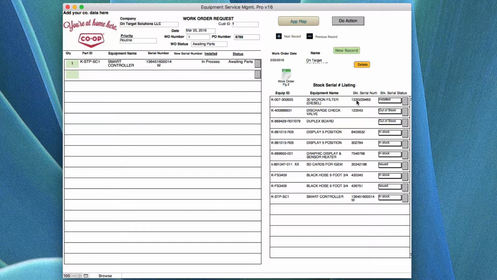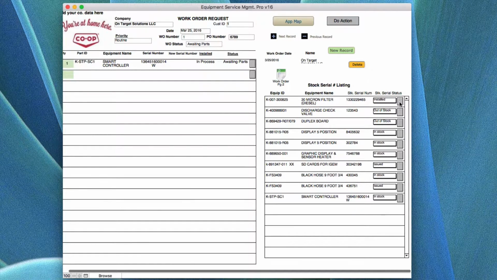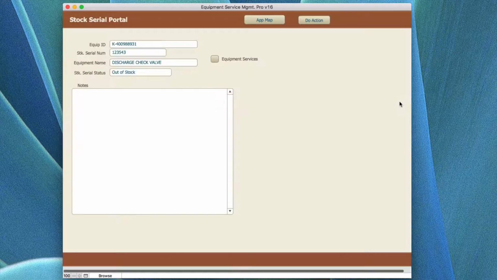In this case, this particular one is being installed or has been installed, and the status is a drop down where you can see the different tasks you can put it into, such as in stock or reorder or whatever it is based on what's in inventory. At the same time on this screen, this is a scrolling portal. You have the ability to go over to the inventory system and look at the stock serial numbers as far as what's available on that row line, and see if there's any